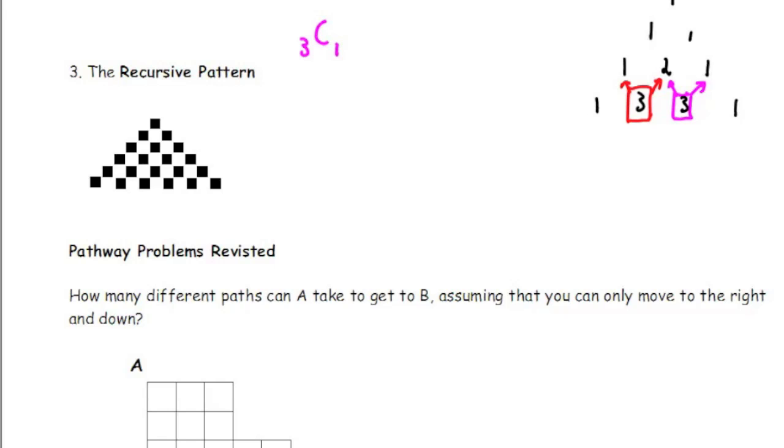If we start to label these, what we're saying here is that 3 choose 1 is equal to 2 choose 0 plus 2 choose 1. And we also said that 3 choose 2 is equal to 2 choose 1 plus